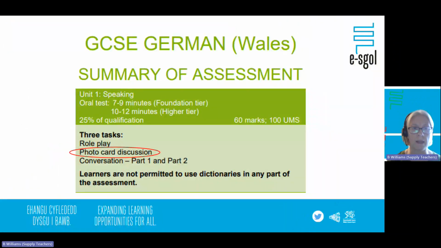So let's begin by looking quickly at the summary of assessment for the GCSE exam for Unit 1. This is the speaking exam. So the oral test for the foundation tier runs between 7 and 9 minutes long, and the higher tier between 10 and 12 minutes. This is worth 25% of your qualification, and we are looking in this session predominantly at